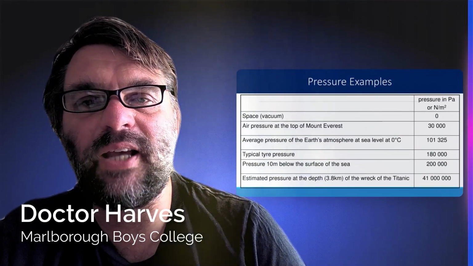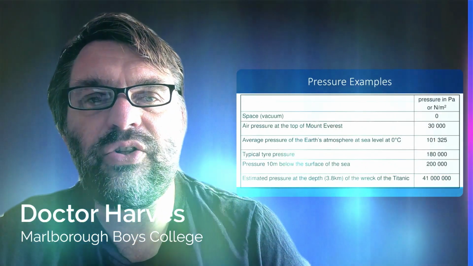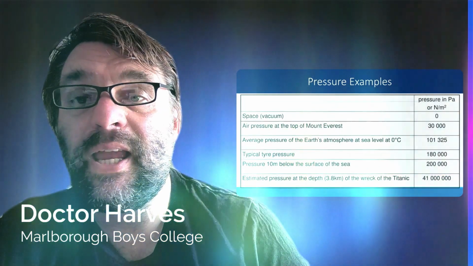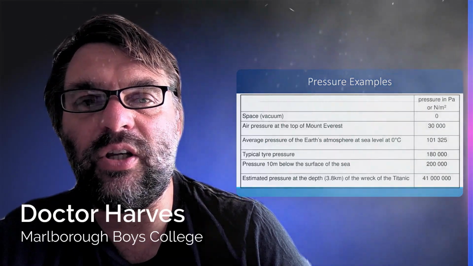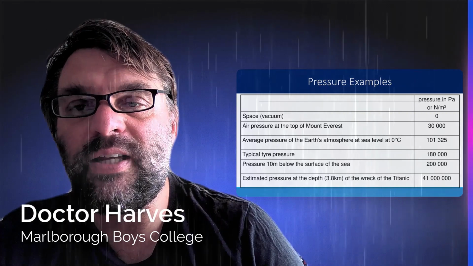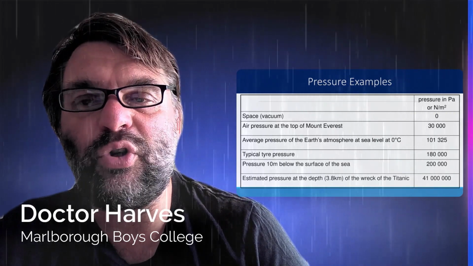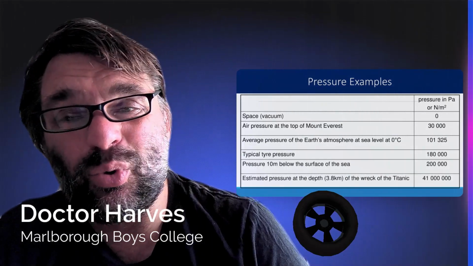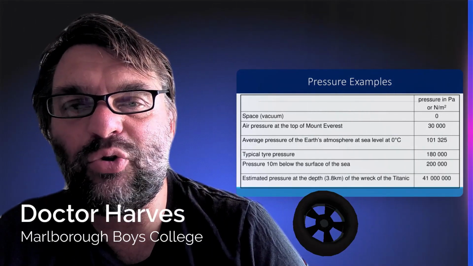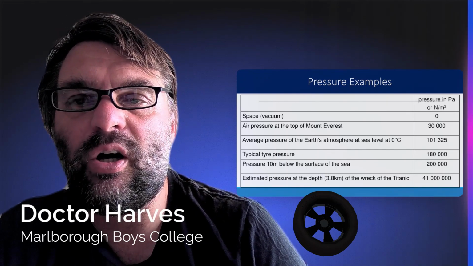So here are just some examples of pressure. So the pressure in space is 0 pascals. The air pressure on top of Mount Everest is lower than it is at sea level, so it's 30,000 pascals, where at sea level, where we are at the moment, is 101,325 pascals. A typical tire has a pressure of around about 180,000 pascals, okay, so about twice the pressure at